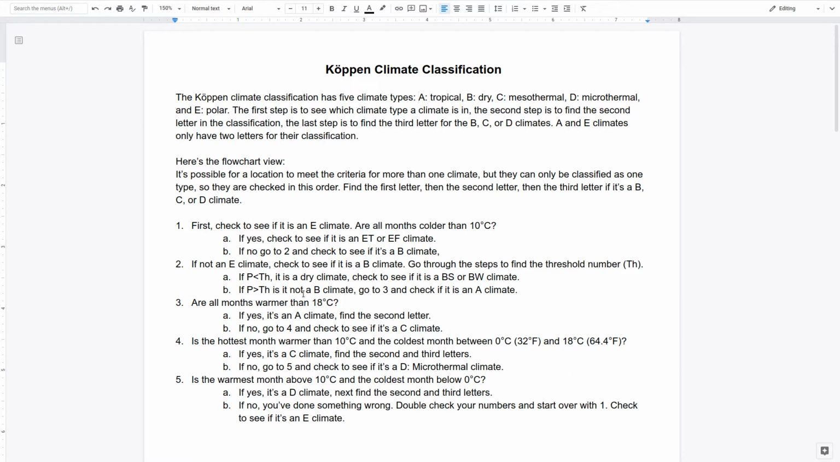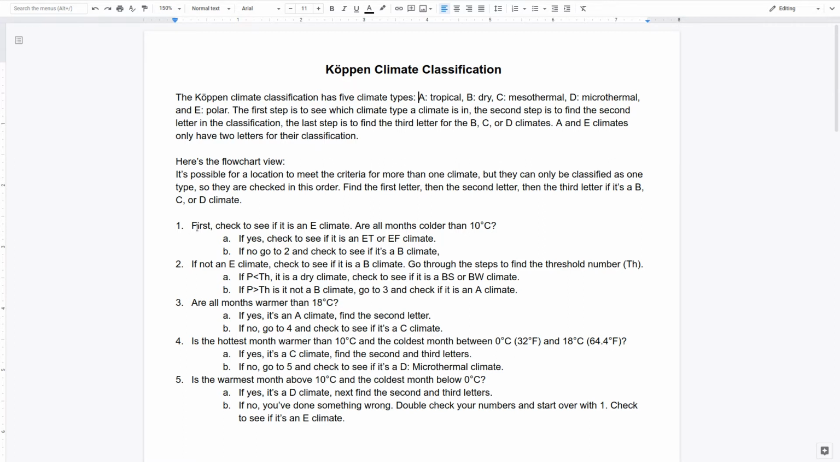So as you work your way through the Köppen climate classification system, you're going to ask yourself a series of questions. And the series of questions is always going to be in the same order. Because of the way the Köppen climate classification system is designed, it's entirely possible to end up with a climate that might meet 2 criteria, but a climate can only be 1. There can only be 1. So you have to check them in a certain order, and that order will be given. Here is